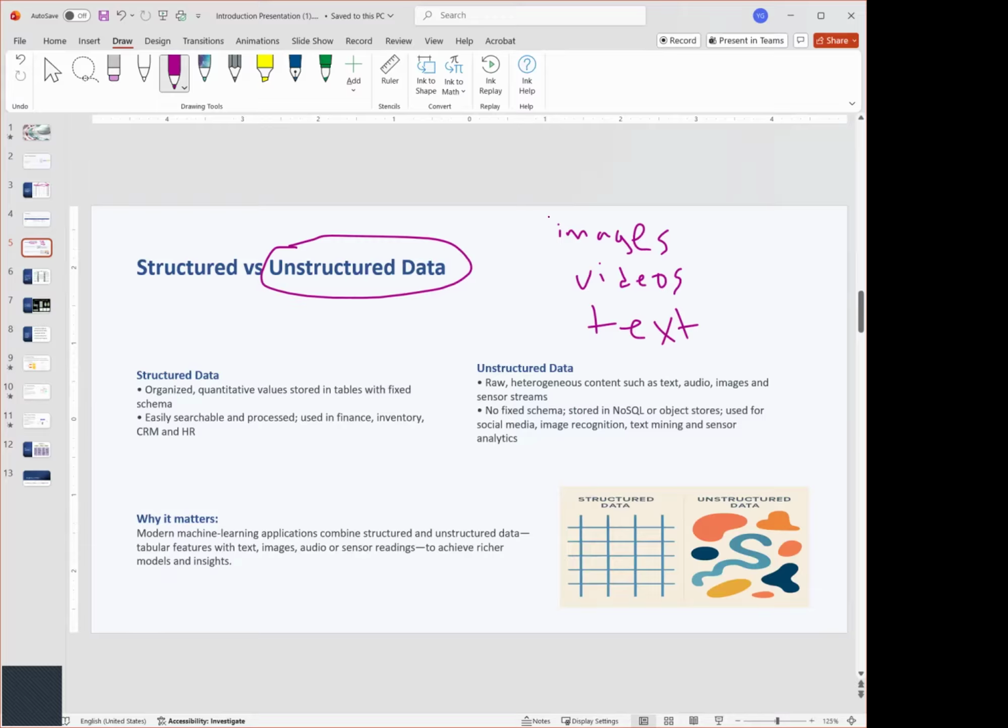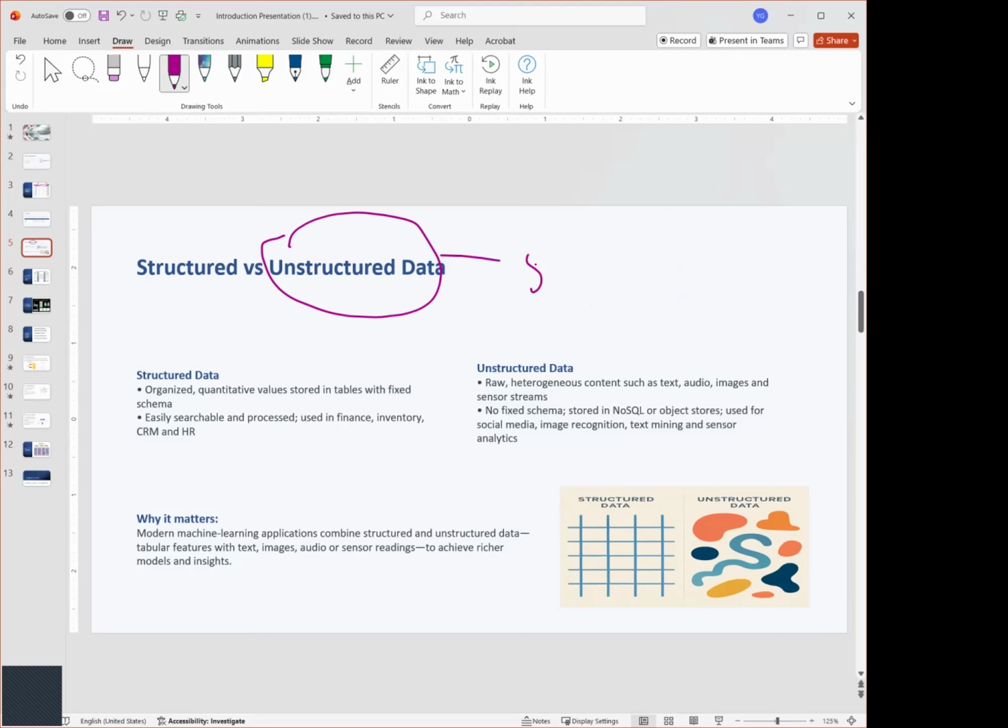If you do computer vision, we use videos and images. If you use NLP or a large language model, we use text. About 80% of data is considered unstructured, and about 20% is considered structured.